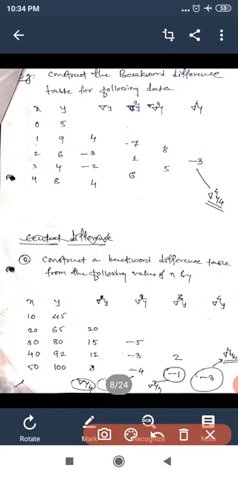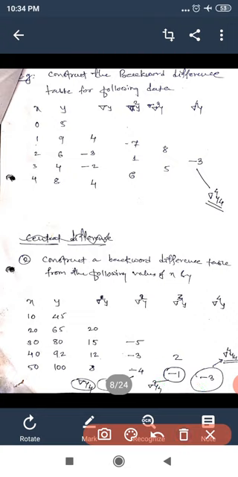Again 15 minus 20 is minus 5, 12 minus 15 is minus 3, 8 minus 12 is minus 4. That is the second backward difference. Third backward difference, -3 minus -5 is 2. Then -4 plus 3 is -1. That is the third difference. Again -1 minus 2 is -3. Now